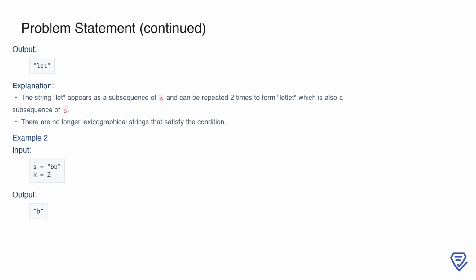In the second example, s equals "bb" and k equals 2. Here, the output is "b", as the string "b" can be repeated twice to form "bb", which is a valid subsequence of s. Since the input is very small, the solution is straightforward, and no longer or lexicographically larger string